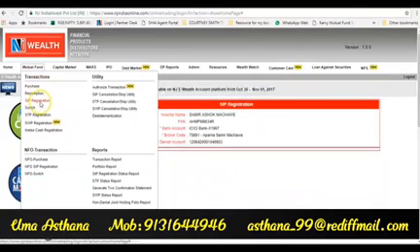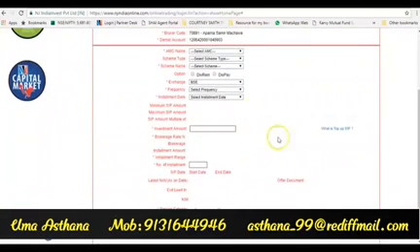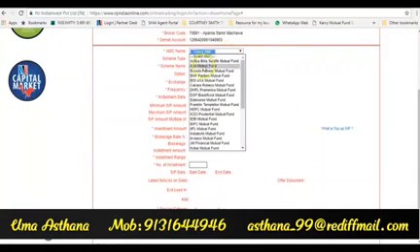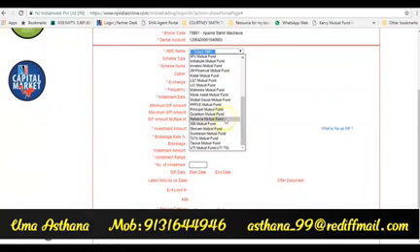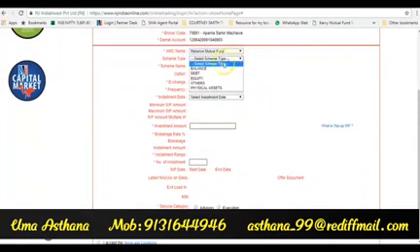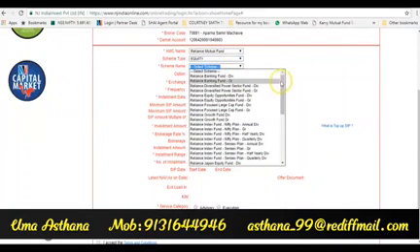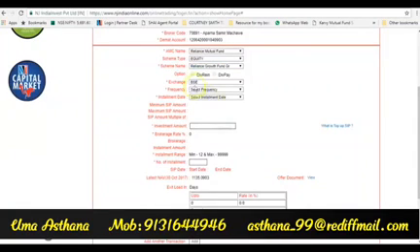Similarly, you can register a SIP from here. So you can select, suppose, Reliance Mutual Fund. I'll select the equity fund. Say I am going for this particular fund here. I have to select the frequency, select the installment date. Now these are the different options on which you want the installments to be deducted.